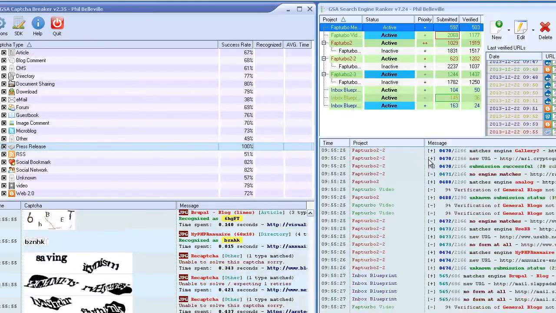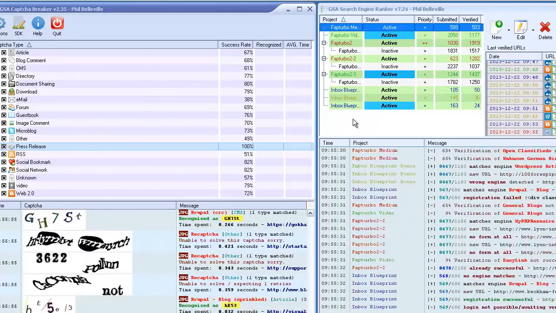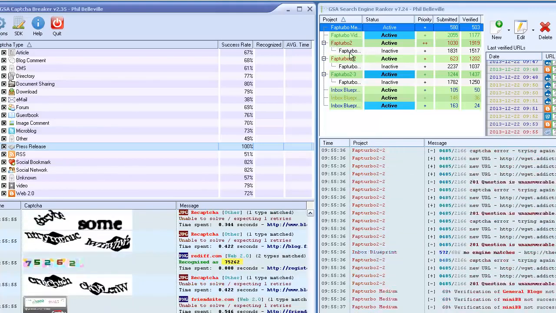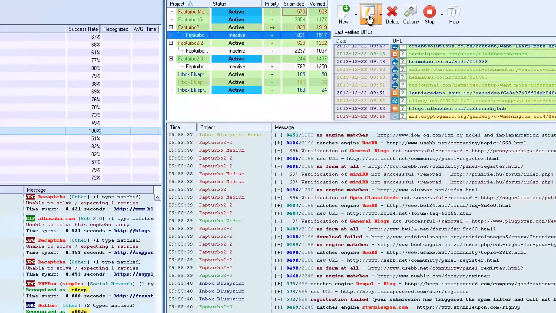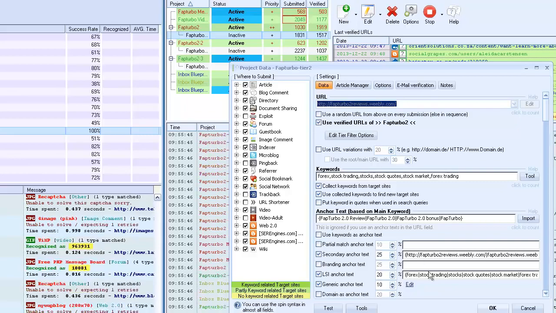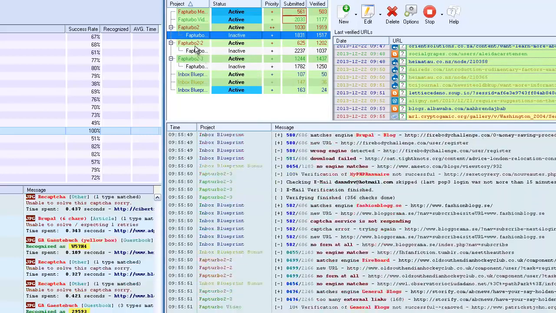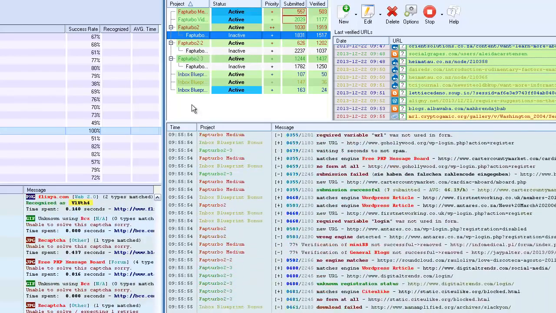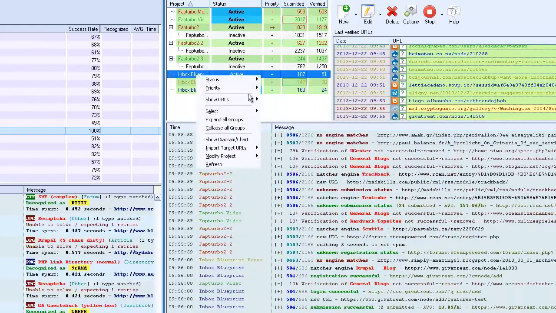So okay, something else you'll need to know too is that you see how these campaigns are linked together. This is actually what's called a Tier 2 campaign. So I'll explain how to do that, but it's a campaign that's actually linking to the links of the one it's attached to. So this is generating links, and this is backlinking those links. So let's say we wanted to do that on this campaign right here. I would just go,